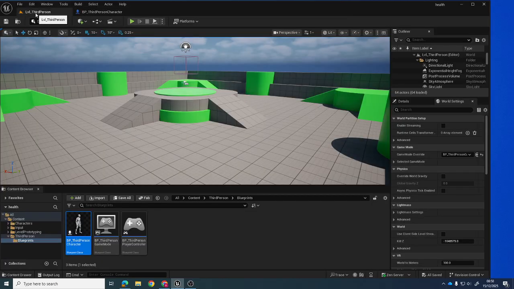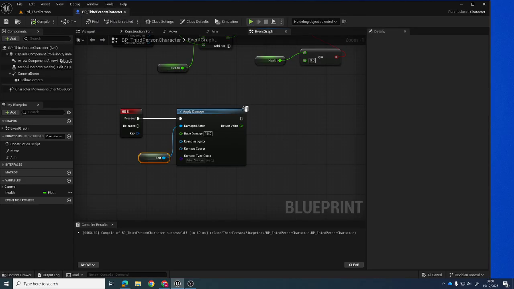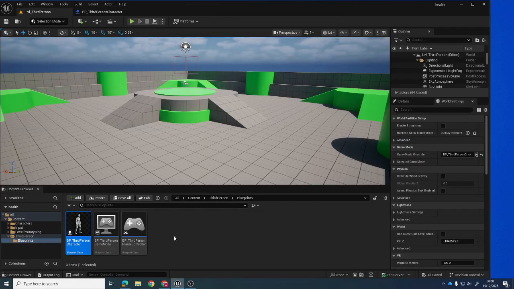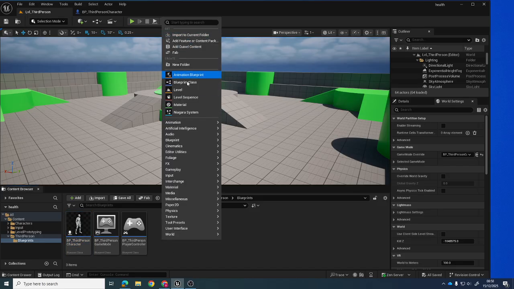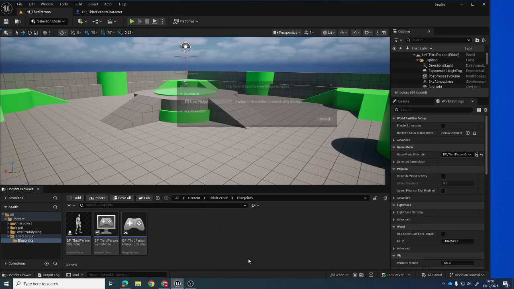So hopefully that's all done. I mean, I could do a print string, but I'm not going to, just to keep it kind of simple here. Yeah, I'm going to go and do the widget blueprint instead. So let's just keep it going, just in case, because I can always sort out if there's something wrong with it later on. So user interface, widget blueprint,